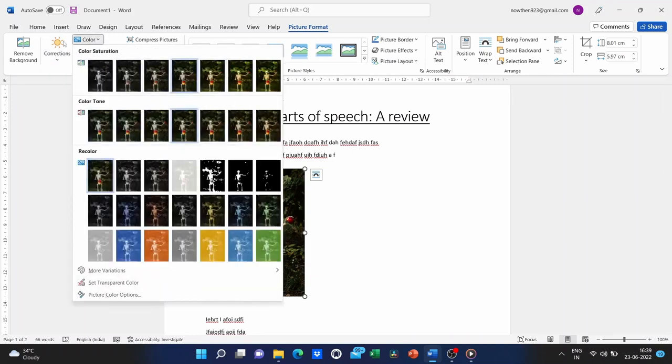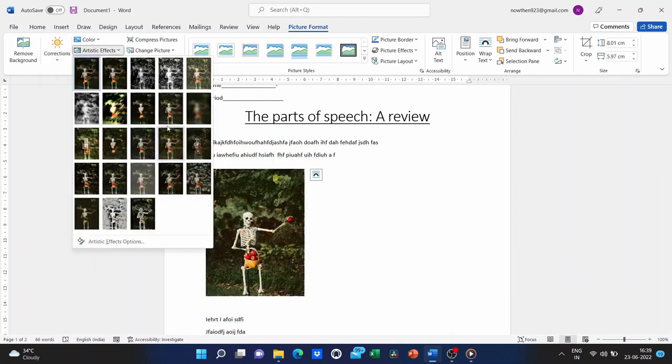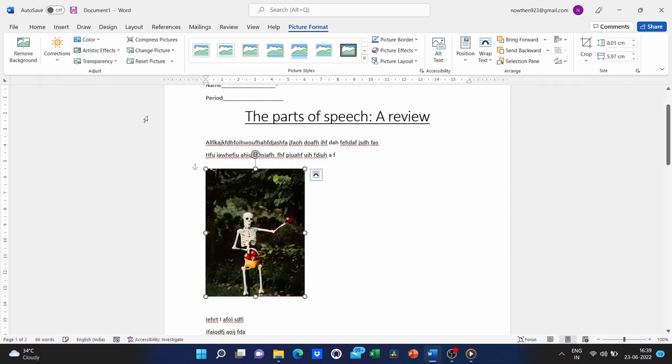You can do some corrections and there's some artistic effects. And so, there's some pretty exciting things you could come up with. Some creepy images here with this skeleton. I'm going to undo that, but these photo effects are really pretty nice. You can compress the pictures as well and do some other exciting things.